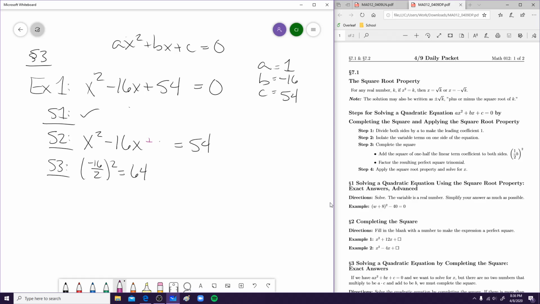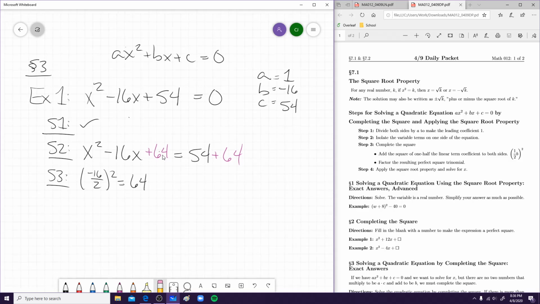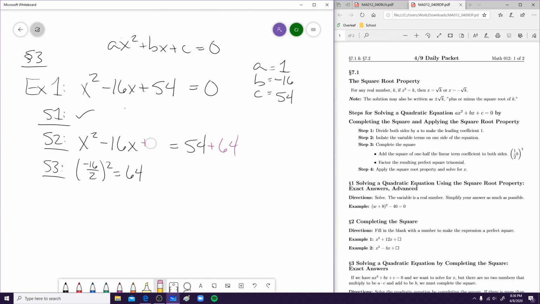Maybe to be more clear, I will do this on another line. So we get x squared minus 16x